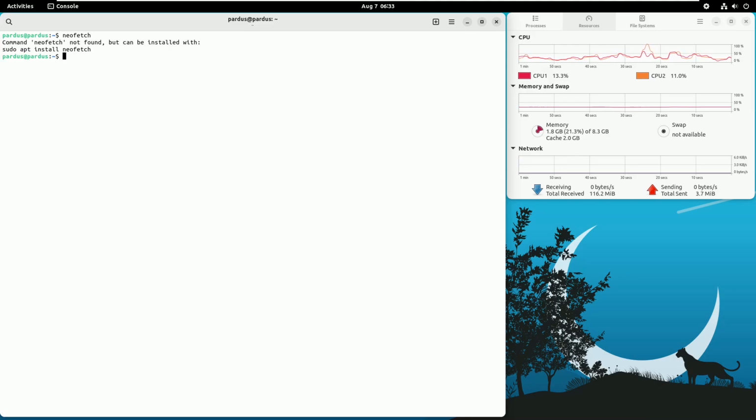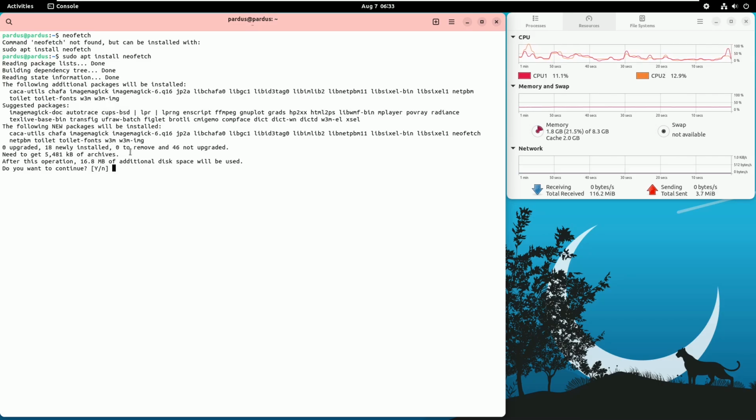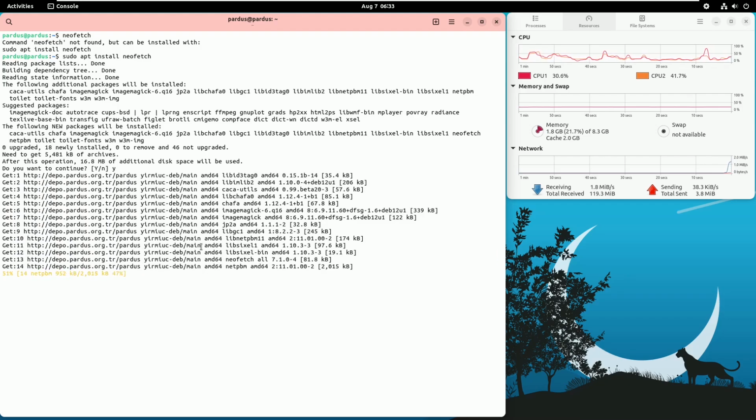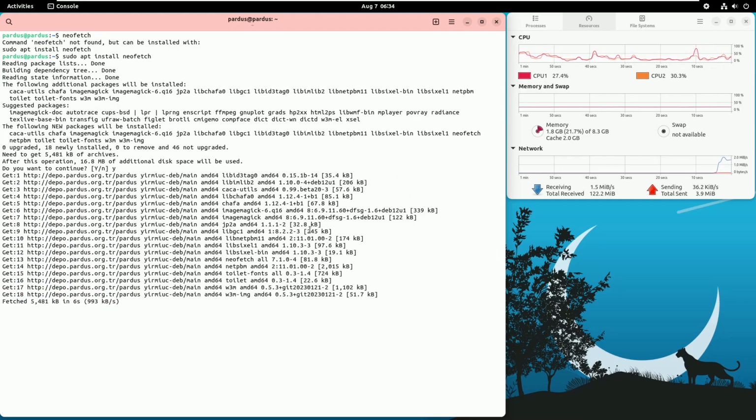Hit enter. So we need to install the NeoFetch, so let's do that. Let me copy it. Let me paste. So it didn't let me paste it. Let me copy it again. Let me paste. So it doesn't allow me to paste. So let me type in sudo apt install NeoFetch. Hit enter. Let me click on Y. Hit enter, and it's going to take a few seconds or a minute,